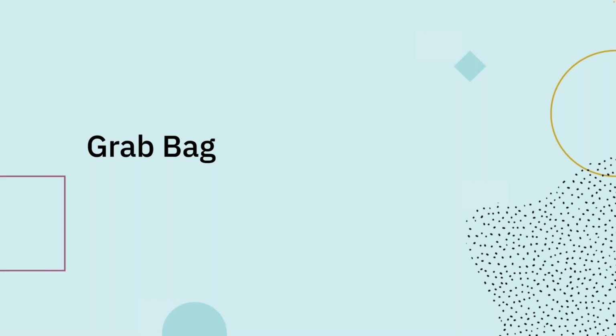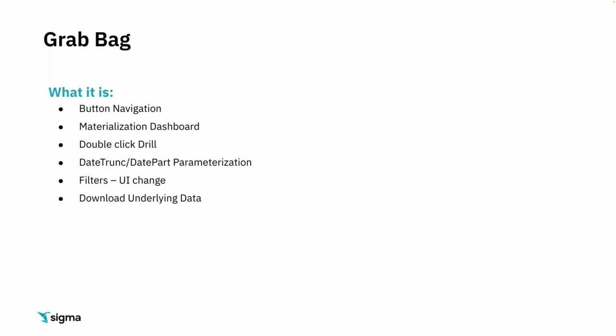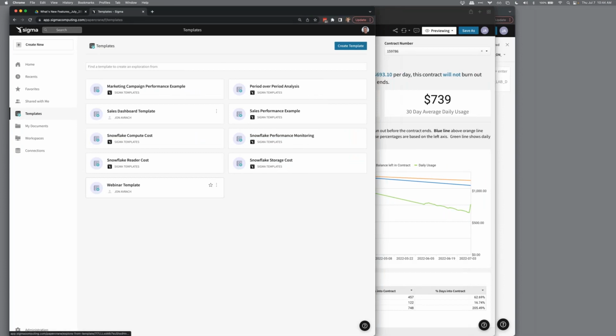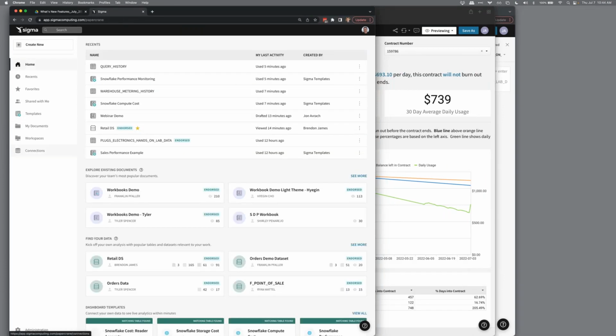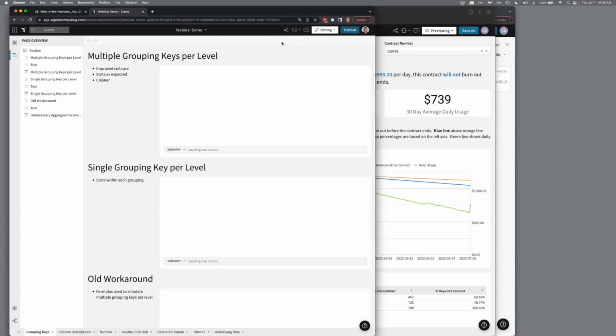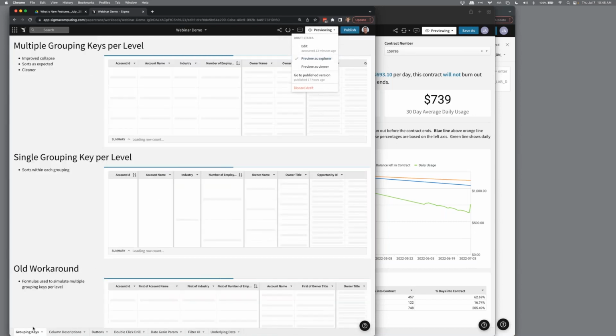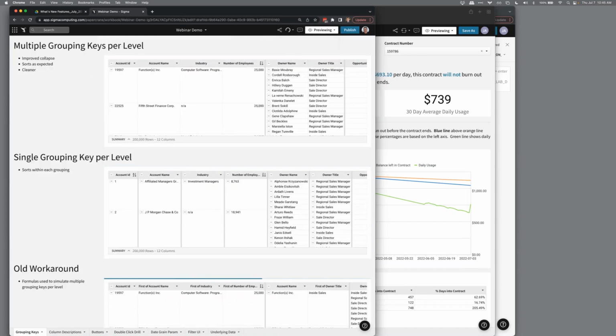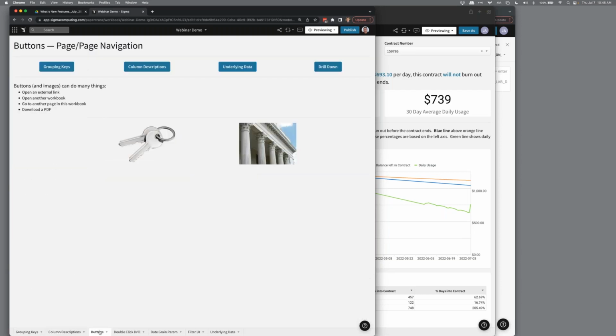Okay, so we got about 15 minutes left here. We do have 6 different features that I want to show you right here. So let's move over into our workbook and go through our grab bag now, one of my favorite sections where we just cover off a whole bunch of features really rapidly. So I've got my demo workbook here. We covered off grouping keys. We covered off the column descriptions already. So now we're going to move on